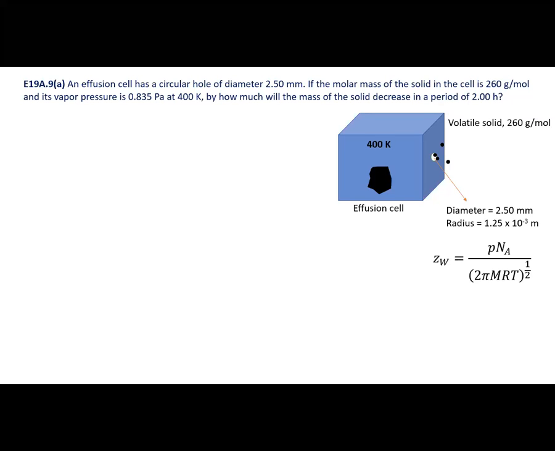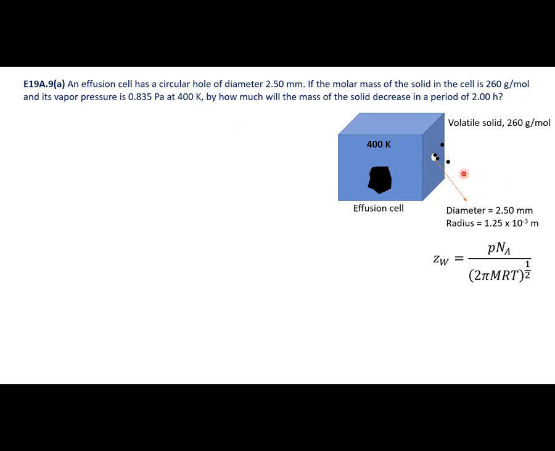Let's look at a similar problem. An effusion cell has a circular hole of diameter 2.5 millimeter. Let's say this is a cell and there is a hole of 2.5 millimeter, and I converted the diameter to radius, 1.25 times 10 power negative 3 meters. If the molar mass of the solid in the cell is 260 gram per mole, and its vapor pressure is 0.835 pascals at 400 Kelvin, by how much will the mass of this solid decrease in a period of 2